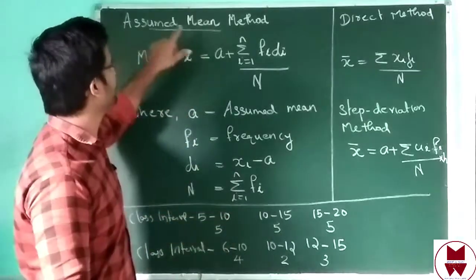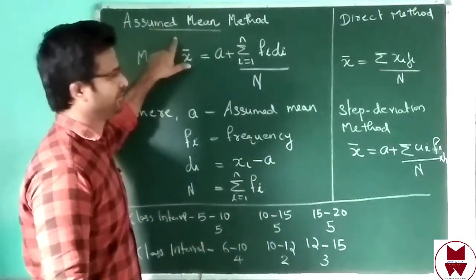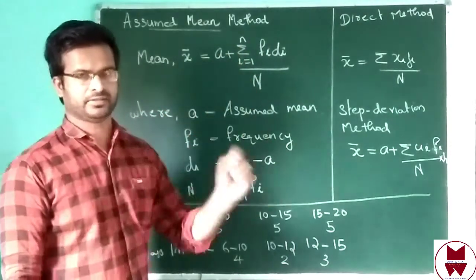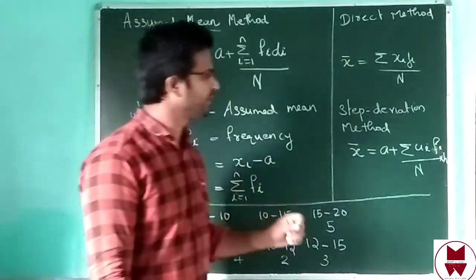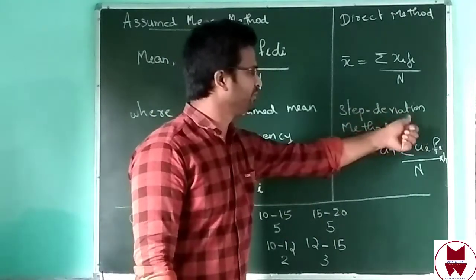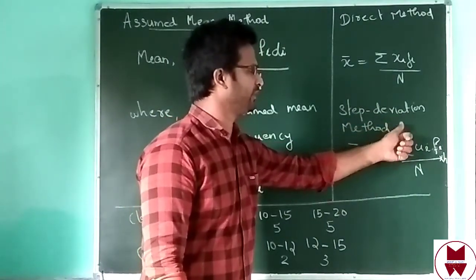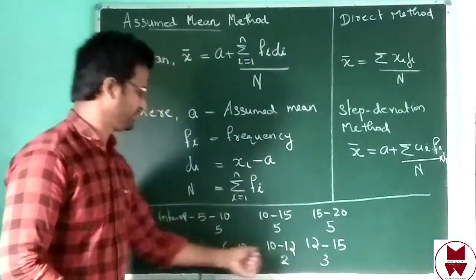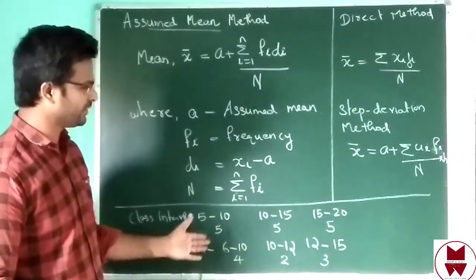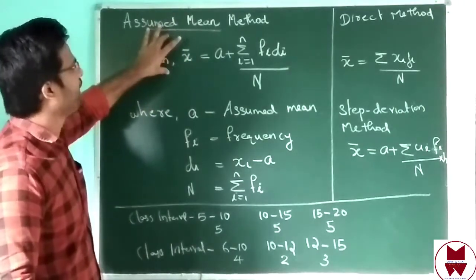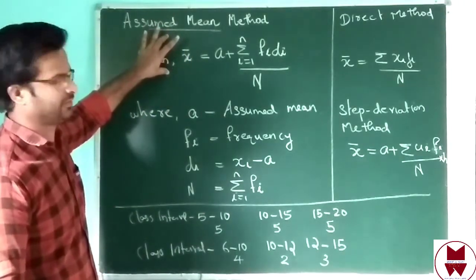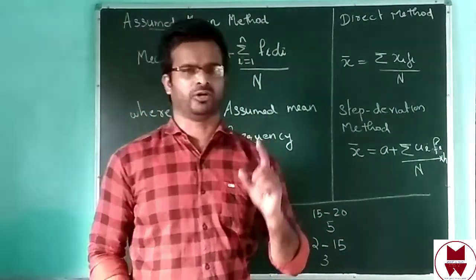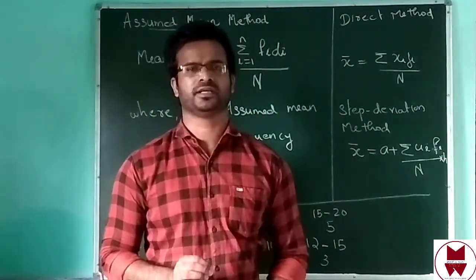That time we will use the assumed mean method, because here we are not going to use class width. That is the difference. Keep in mind, if class width is equal, we can use the step deviation method to find the mean. If the class width is different in any question, we will use the assumed mean method. Keep in mind, only one difference. In this chapter we are studying one such question, that is question number 8.